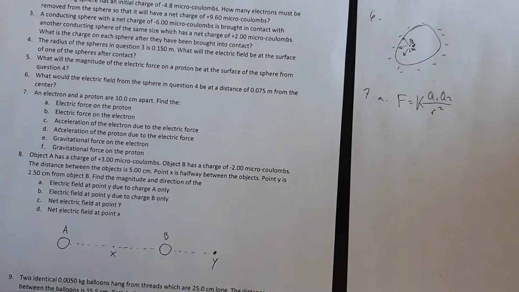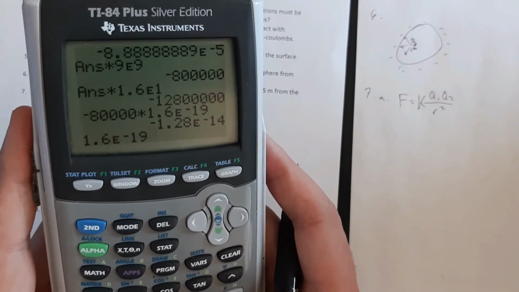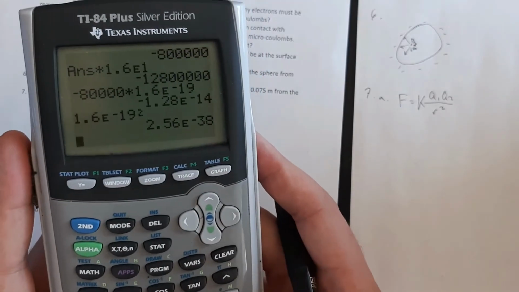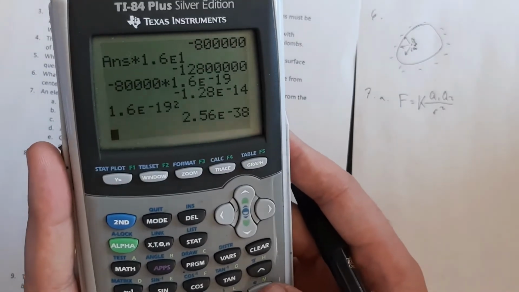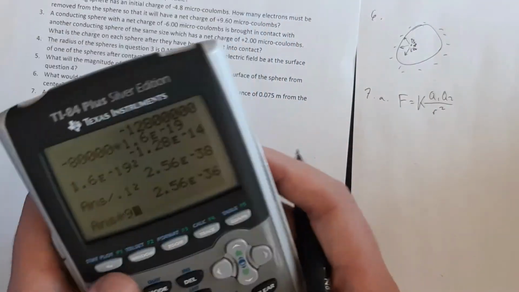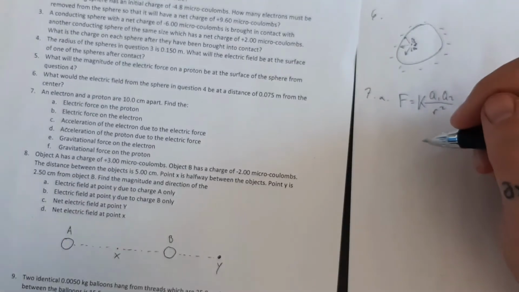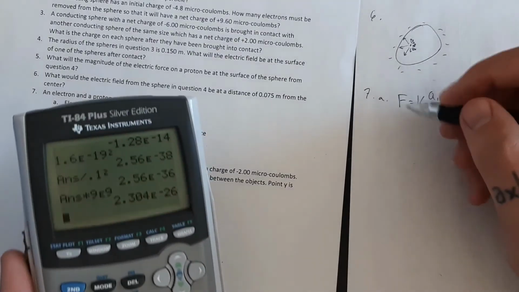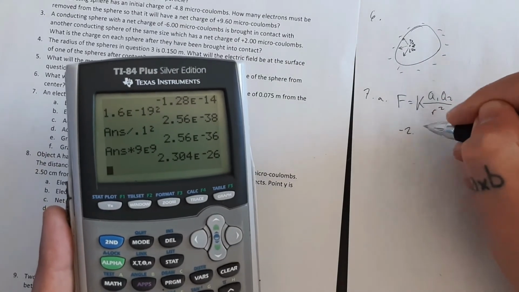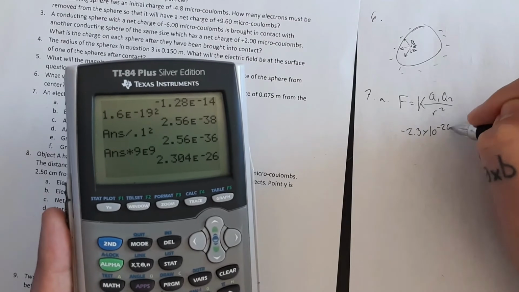I got an electron and a proton, so that's going to be 1.6 times 10 to the negative 19th, squared. Because each of those charges are the same, it's just one's negative, one's positive. Divided by our radius, so 0.1 squared, times 9 times 10 to the 9th. Fantastic. So we've got a force on the proton, an attractive force of 2.3 times 10 to the negative 26th